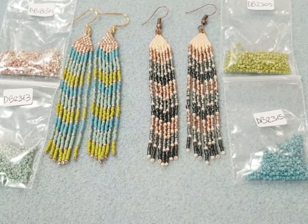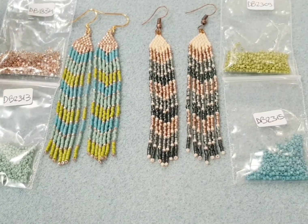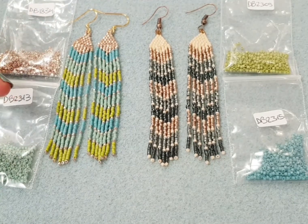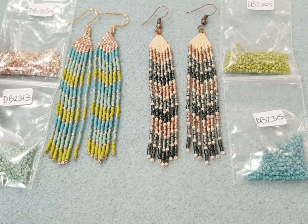For today's project, you will also need 4 colors of Delica size 11 cylinder beads from Miyuki. So size 11, 4 colors, 3 grams for each color. I've actually used the new rainbow glaze colors that we've just received in this version of the earrings, which I made in the previous tutorial for the Italian version, so you can have a look at that. I'll give you the codes of the colors that I've used. I've used Champagne Duracoat DB1834, and then in the new colors,